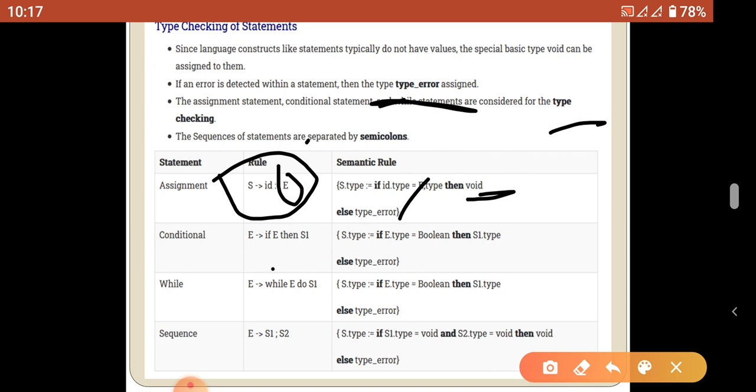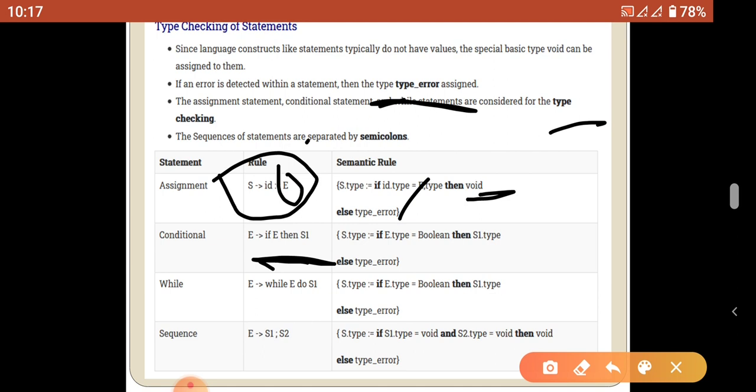Now come to the conditional statement, the if statement. Already all of you know that the syntax of the if is if expression then statement. The expression should always be a boolean, that may be 0 or 1. If the expression data type is boolean, the statement returns the S1 type, otherwise it informs the error.